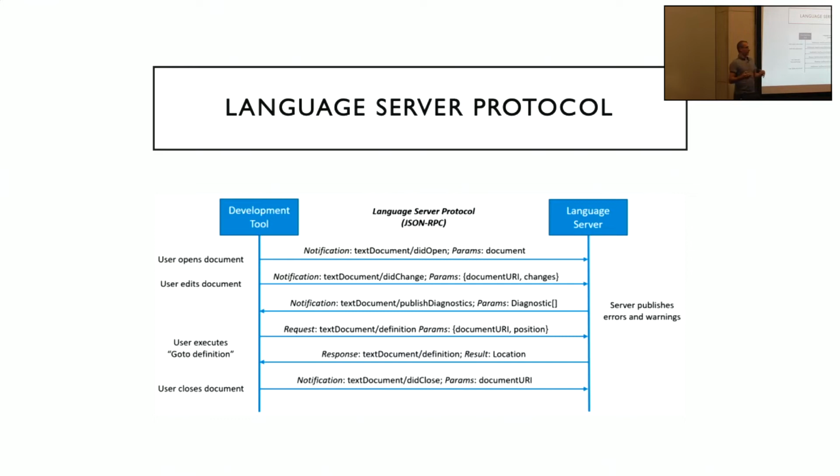Then the user starts modifying the source code, so a notification will be sent again from the client to the language server, so that the language server is kept synchronized with the modification applied by the developer. And so when the developer types Ctrl+Space, for example, in order to have code completion at a given point in the source code, the language server knows exactly what the current status is, and it's able to provide something meaningful in the context of the developer.